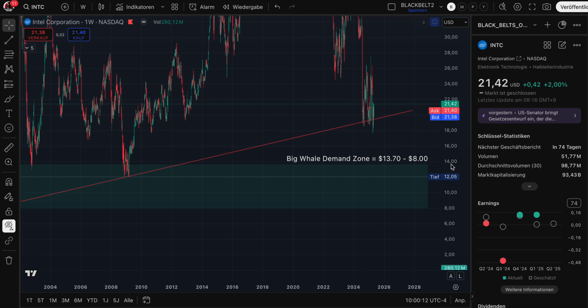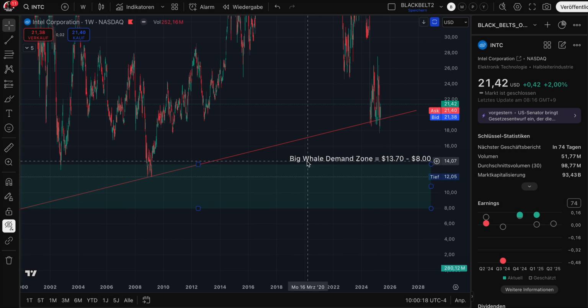But let's talk about a market shakeout, market crash whatsoever. We know that the lowest price here was $12.05. That's why the big whales want to buy the dip. They are already waiting here. There is no doubt that at this algo trend line, to be precise, guys, we're talking about a price of $18.49 and $17.17. They are already waiting here.